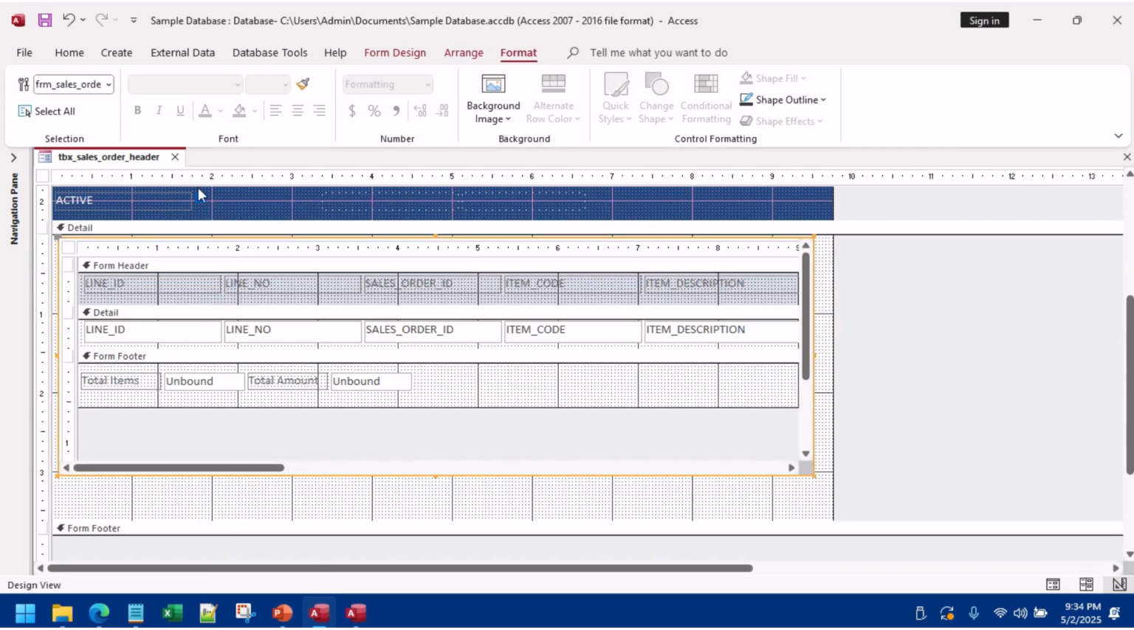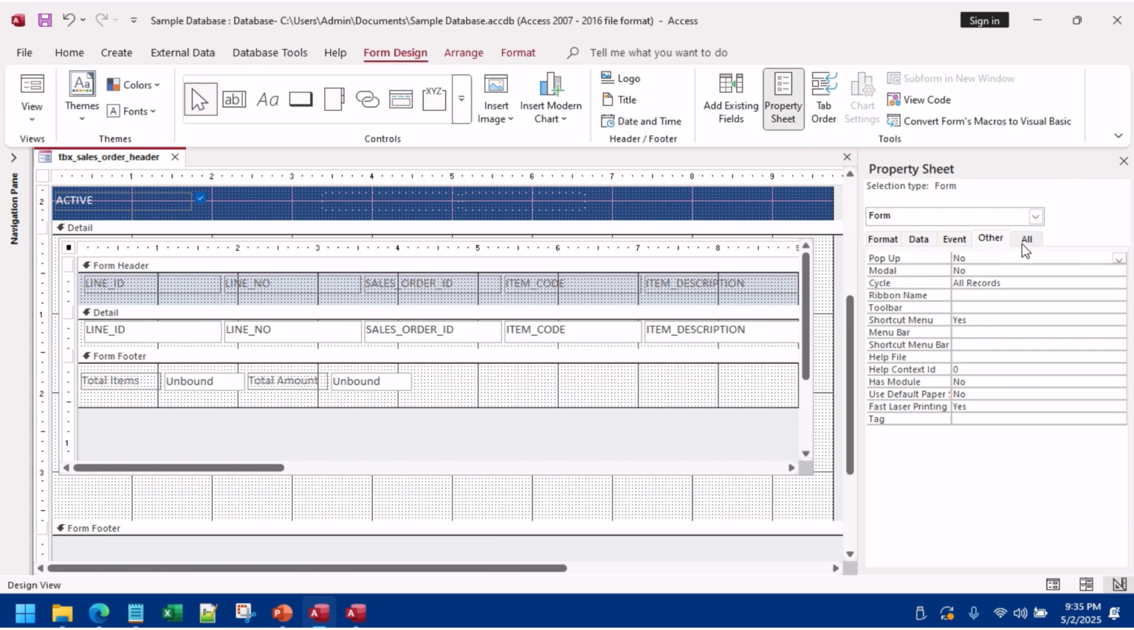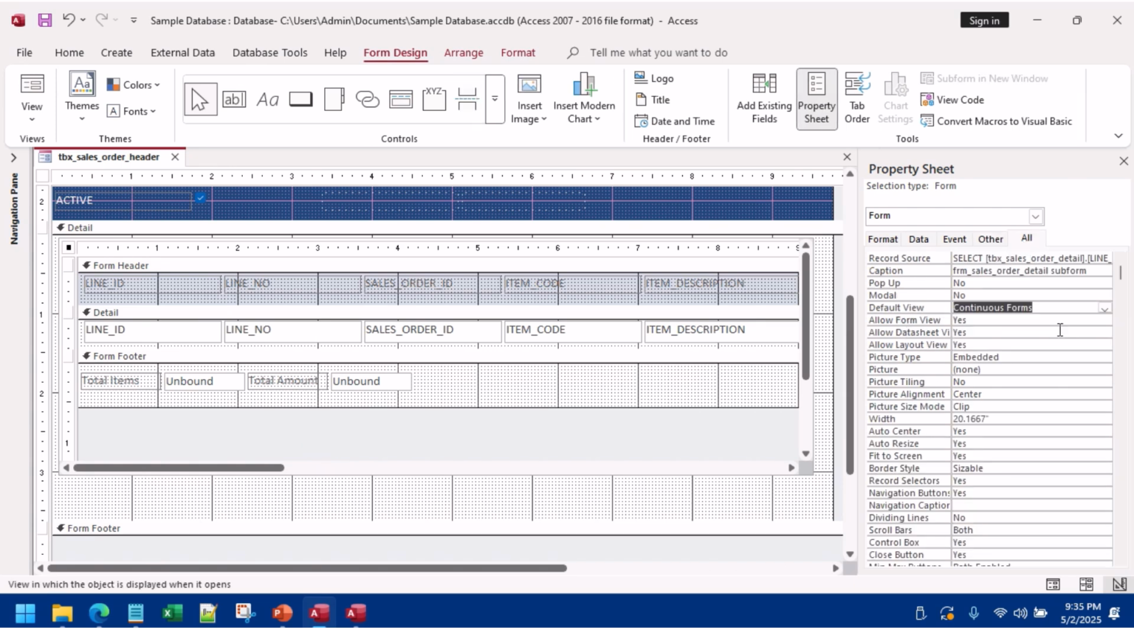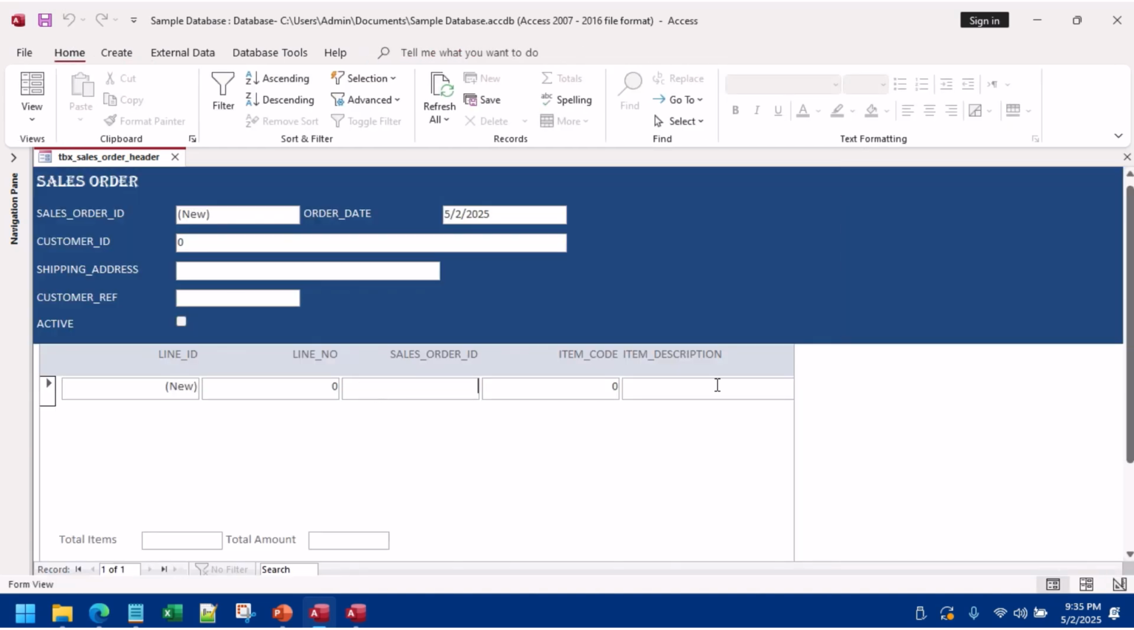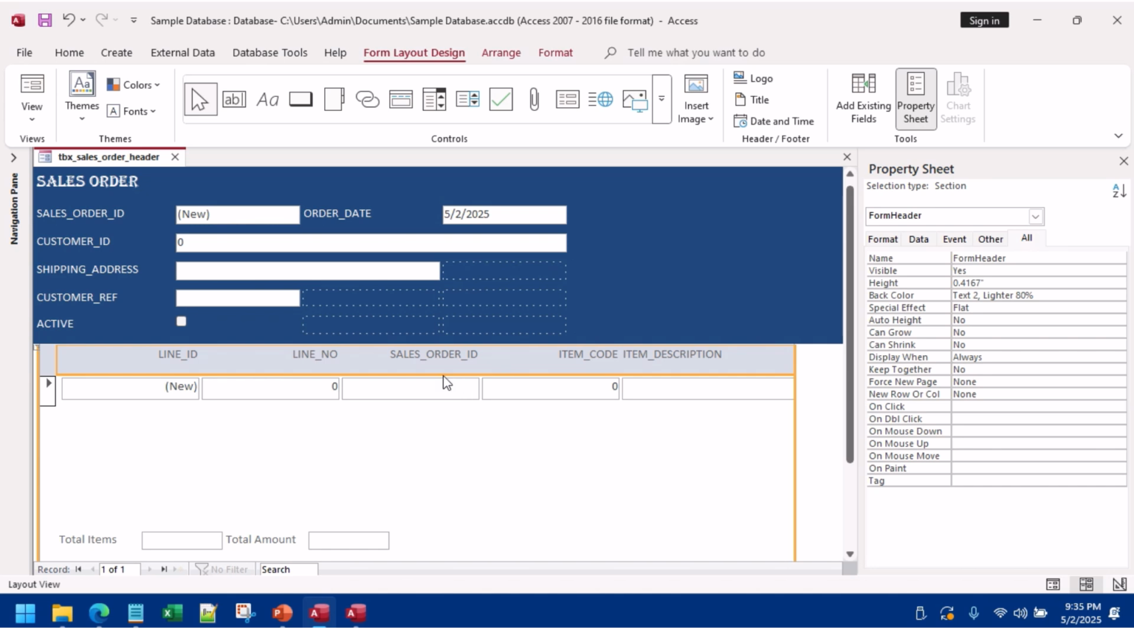Here select this one, select form design property, then other or all, datasheet view. We need continuous form, so attractive form. Yeah, layout again, headers,